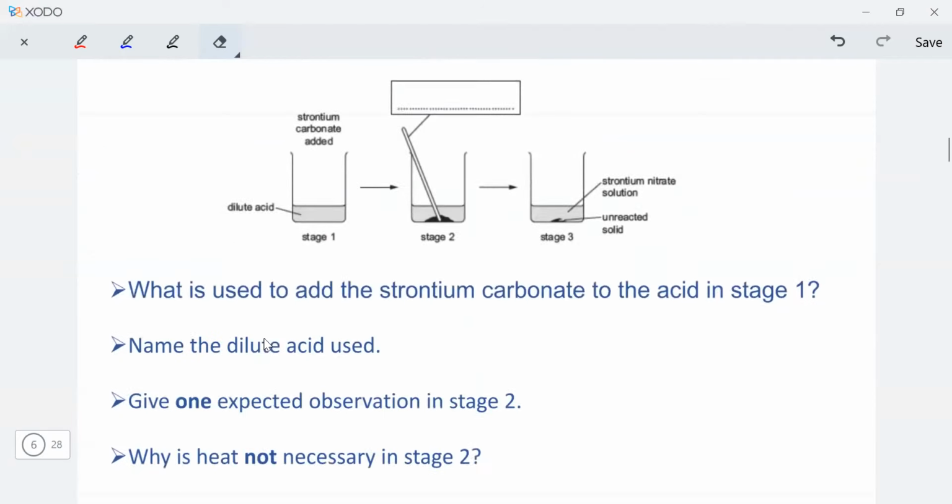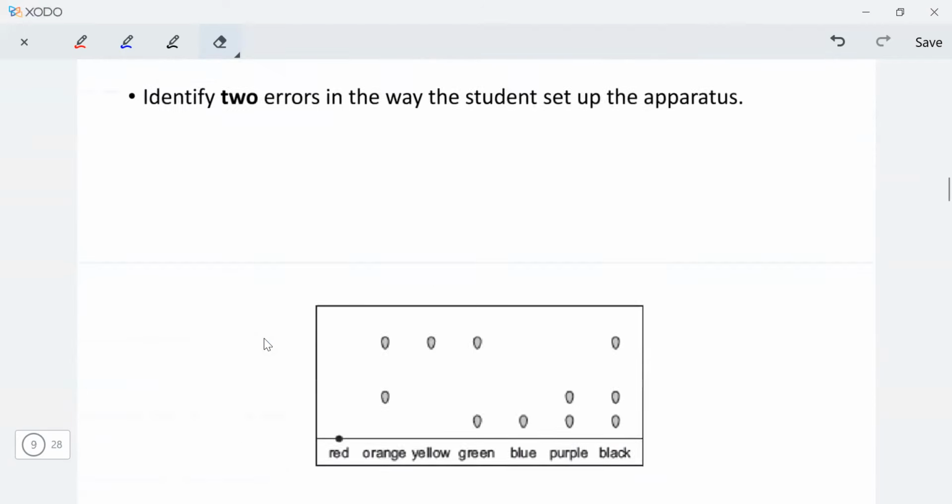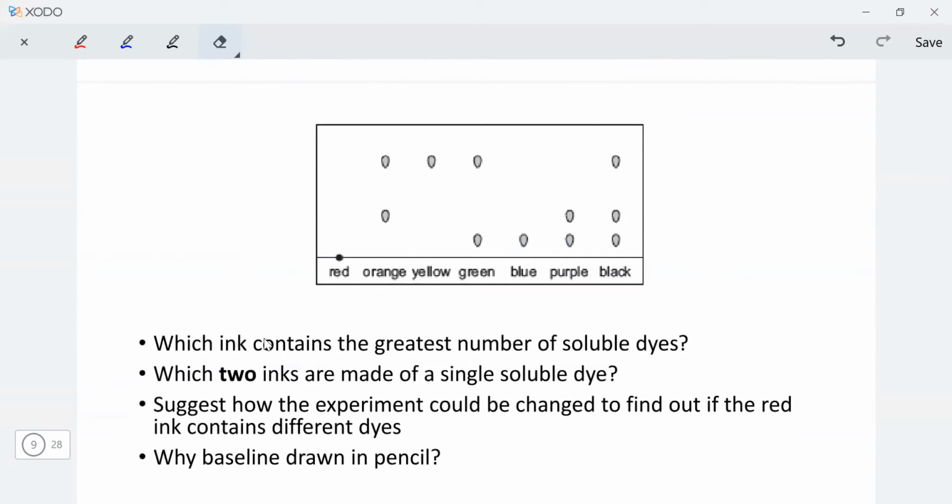Okay, then here, another question of chromatography. His chromatography paper is already given. He's asking you which ink contains the greatest number of soluble dyes. You're going to just count how many spots are there. As we can see here, the black color contains the most spots, so it is the color that contains